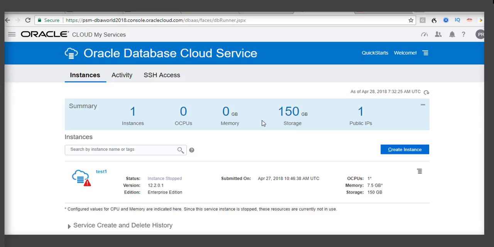With this we will conclude this session. In the next session we will see how to connect to this database. We have seen the console and the different options, but we have not even connected to the database. So in the next session we will see how to connect to the database